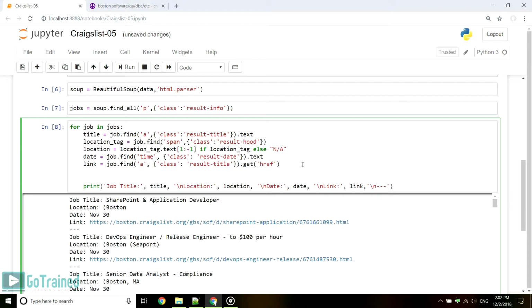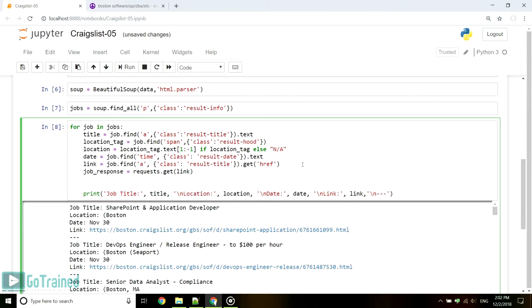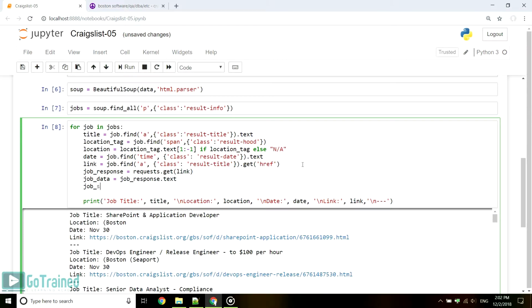Now you should do the same to parse each job description page. First, you connect to the page. Job response equals requests.get link. Then you get the source code. Job data equals job response.text, and pass it to BeautifulSoup to parse. Job soup equals BeautifulSoup job data